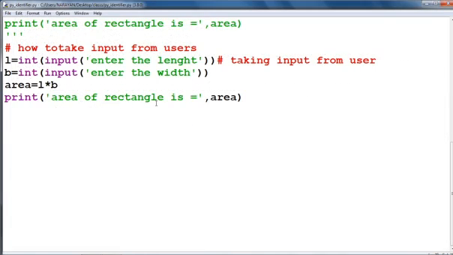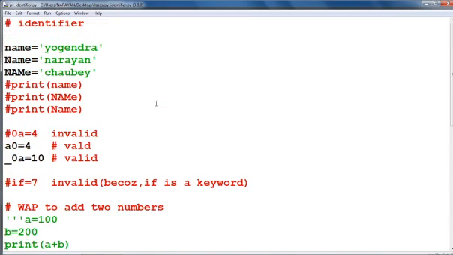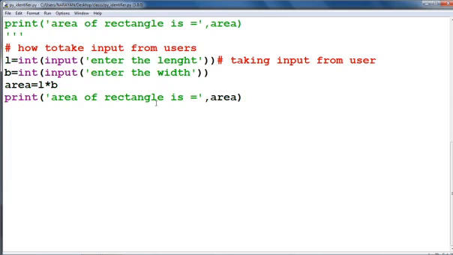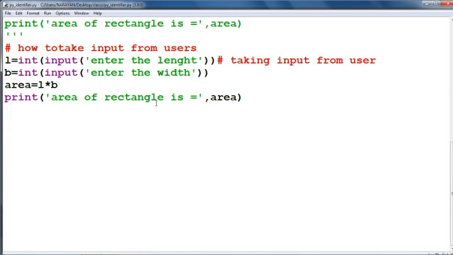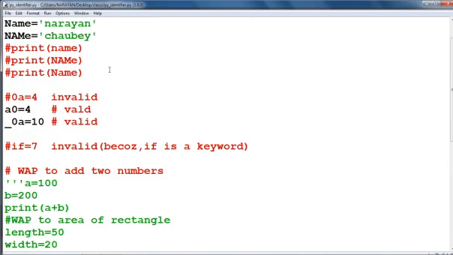Similarly, you can write more and more programs in Python. In this lecture, we have seen how to define the identifier and how to take the input from the user. Now in the next lecture, we are going to see the details in other programs. So in our next lecture, we have written this program